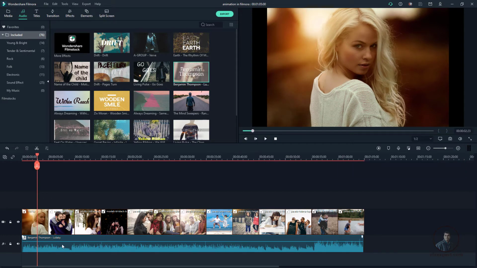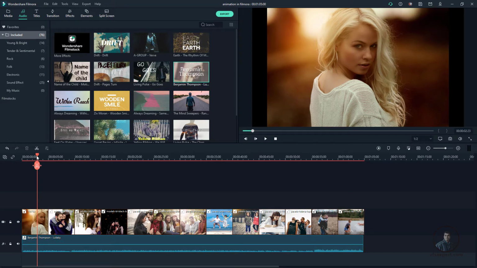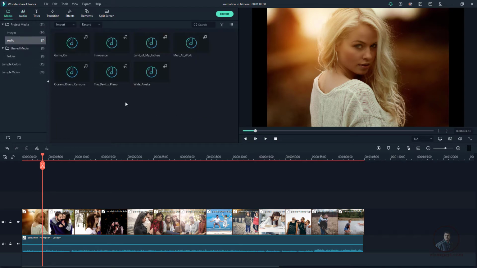Now bring the audio level down a little bit here. You can select this line. There is a volume level, so you can select it and drag it down a little bit. I think this is sufficient for us. If you want you can use your own music: come to media, select this one and delete it, and use the second one. Okay, so you can use any one here. Here I am going to use this one.